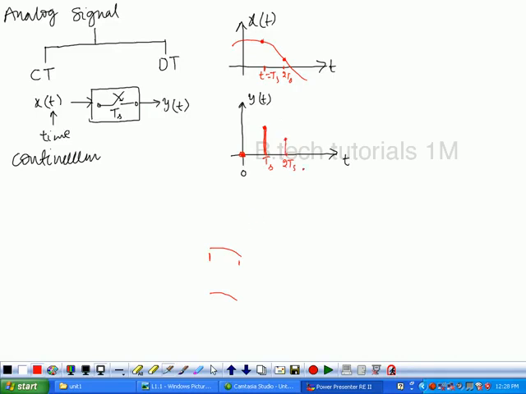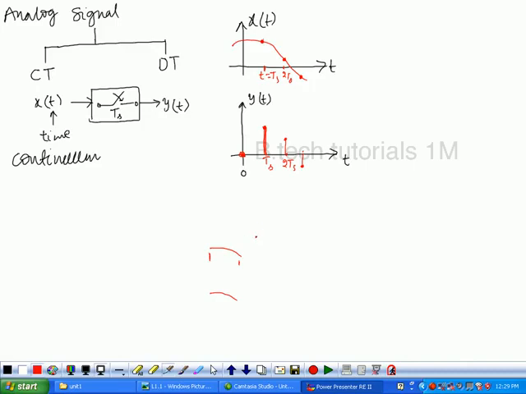And so on. If you follow like this, again at 3Ts, this is the amplitude. See, it is negative. So therefore, the output signal is represented by straight lines. The height of the straight line indicates the magnitude of the input at that time instant, because we are opening and closing the switch at equal intervals of time.